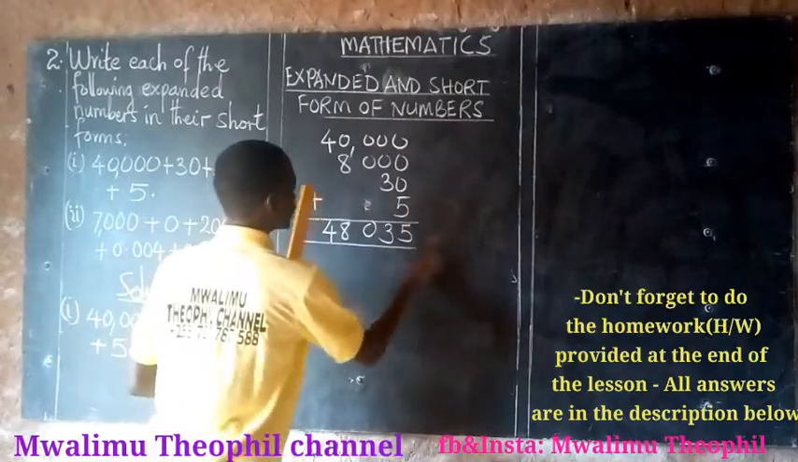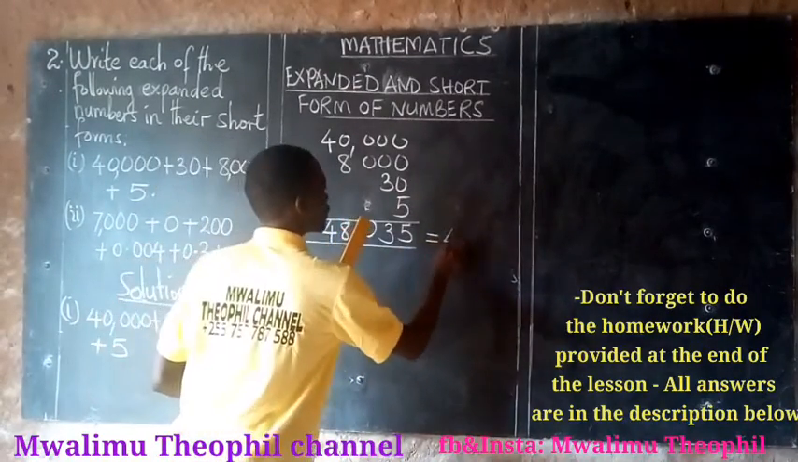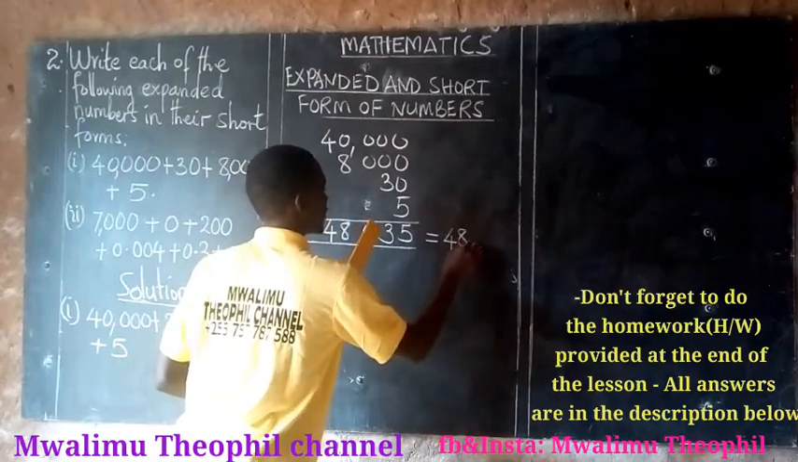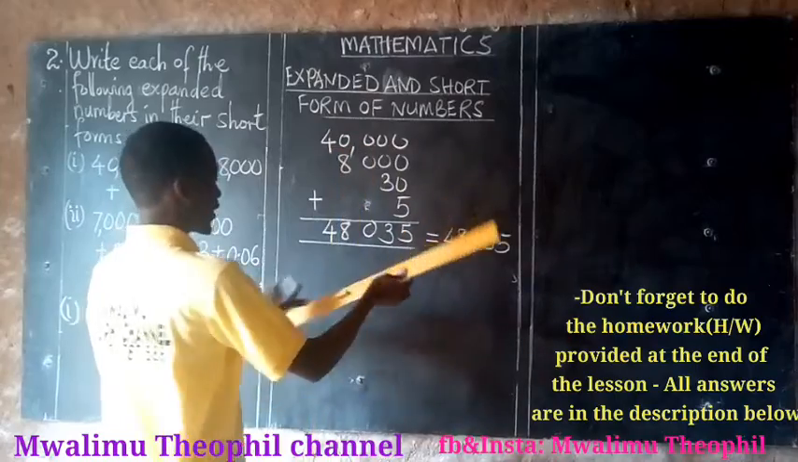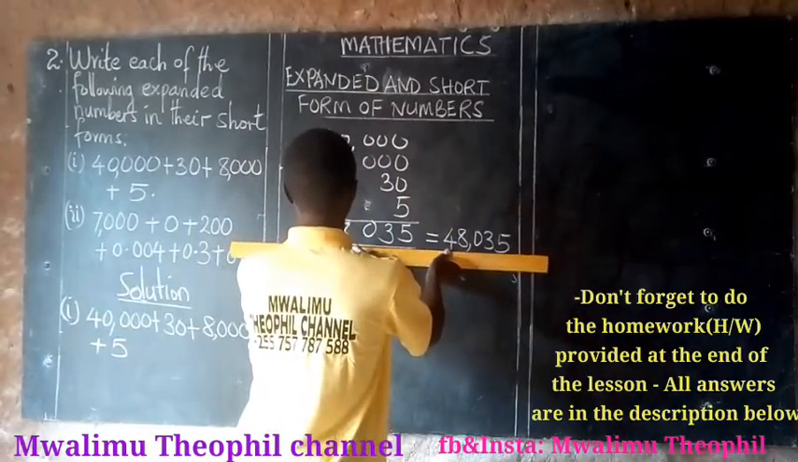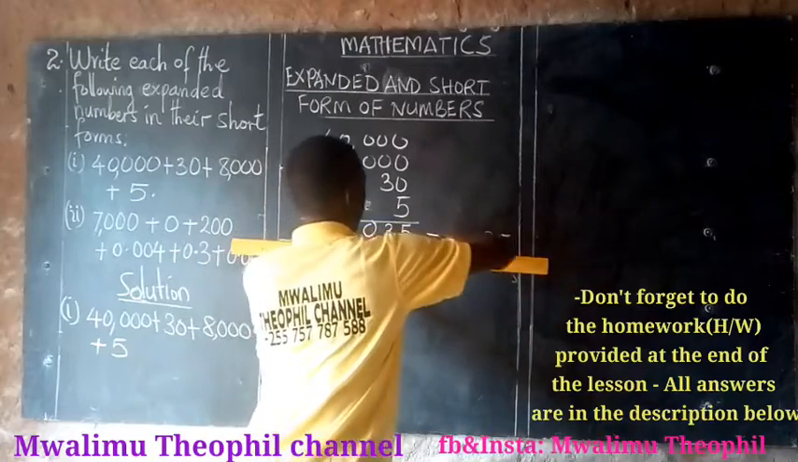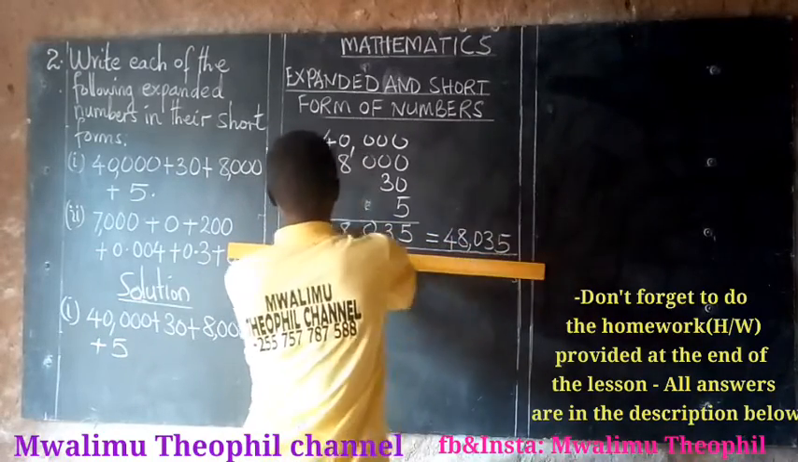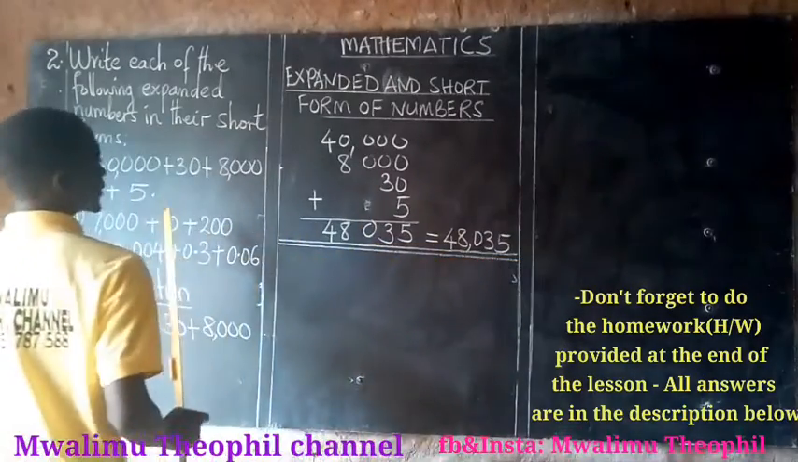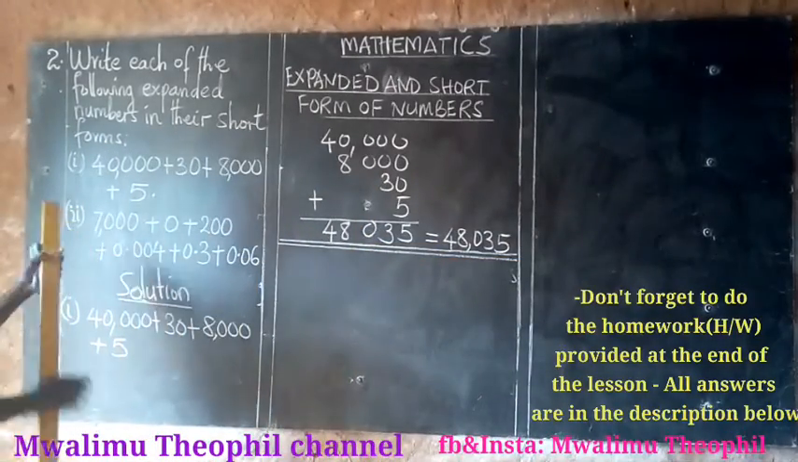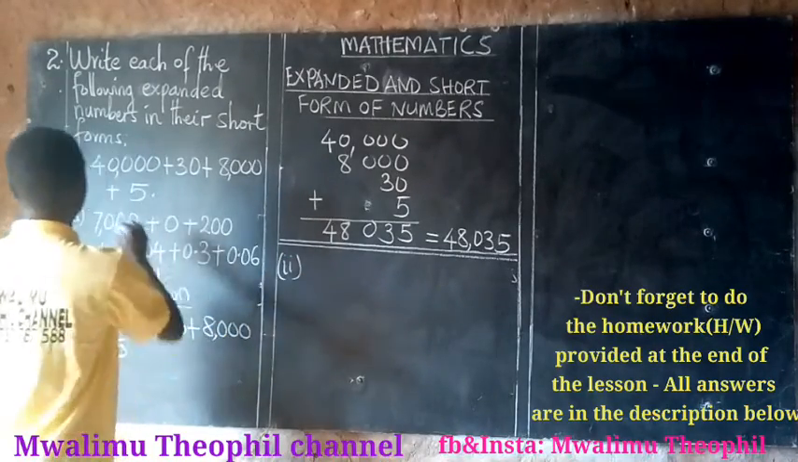Now, a short form of the given expanded number will be 48,035. This will be the answer for this expanded number into its short form. This will be the short form for this given number. Let us see a second part of our second example. A second part, you are given